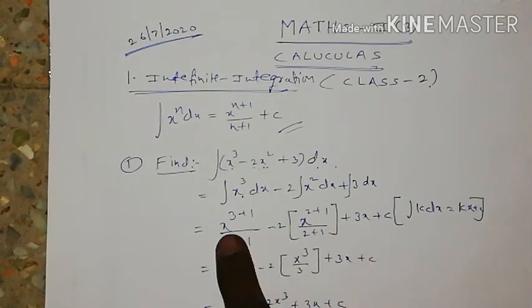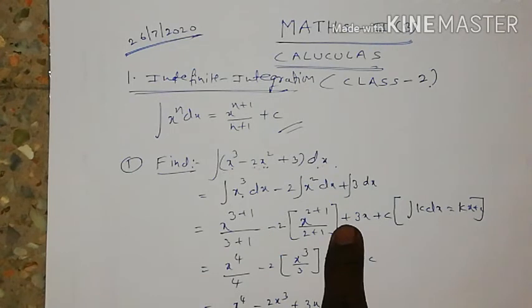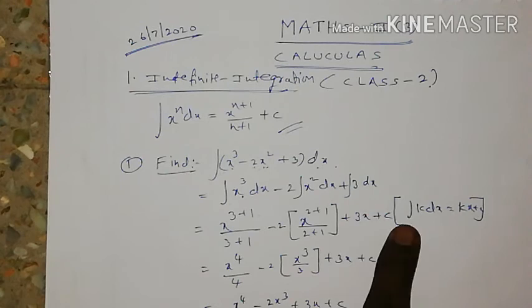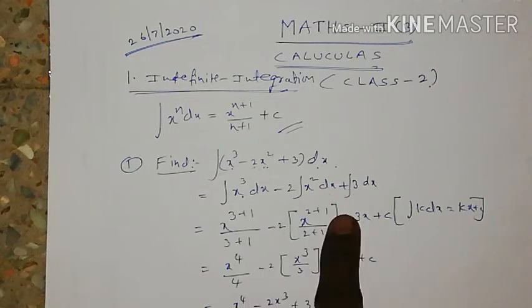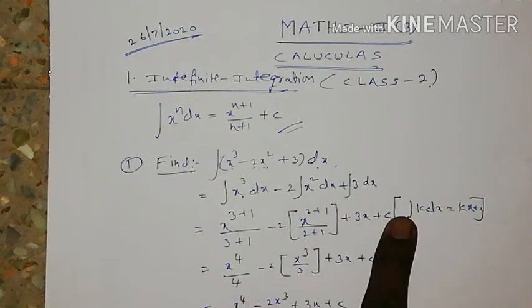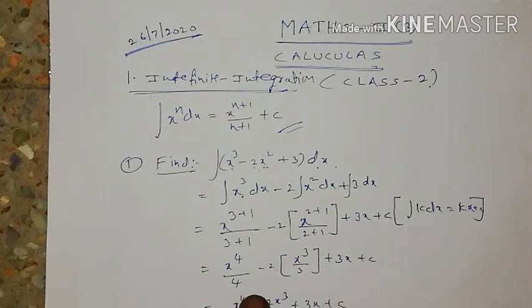So the integration process is over. Right? These three we have applied the formula to. After that we have to keep plus c. No need to write c every time. So after completion of the whole integration of each term, then we have to keep plus c. Right? Here integration is over. Now I am simplifying.